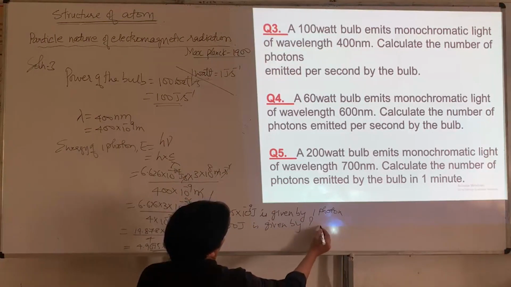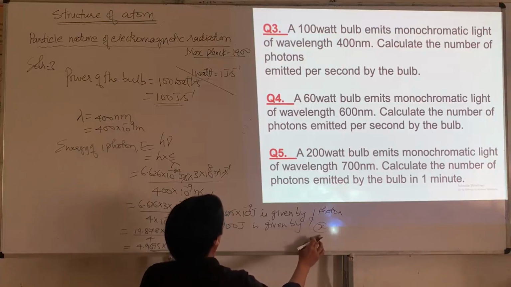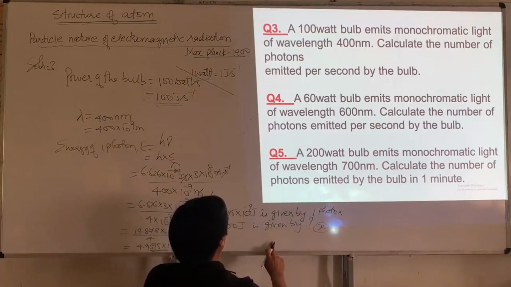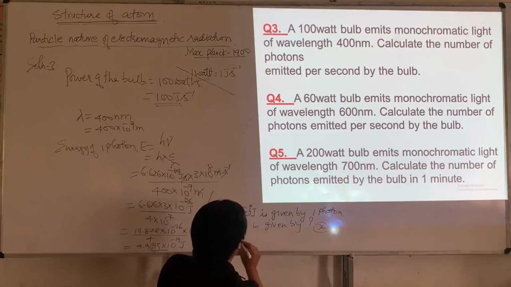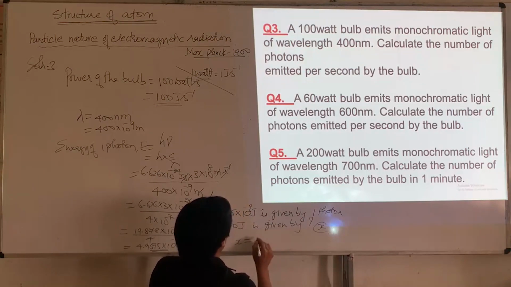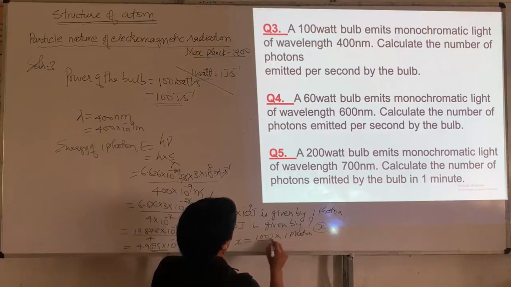This is what you are required to find. You take this as x. Since this is a case of direct proportion, you can just cross multiply. When you cross multiply, your value of x is going to be 100 joules into 1 photon, and then this whole thing divided by